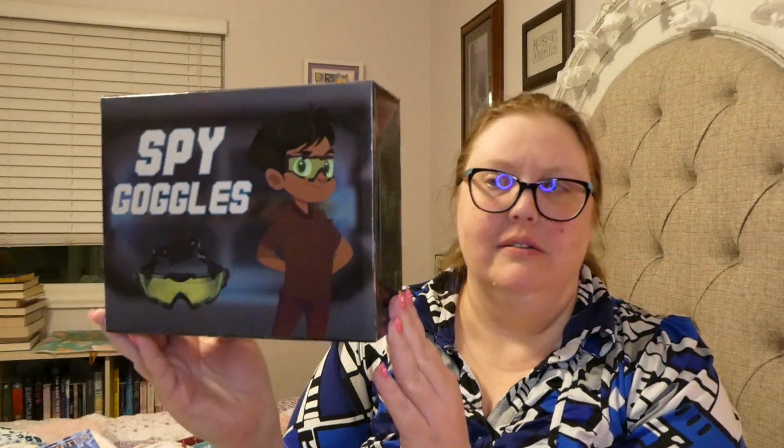And let's open this. Okay, and it looks like we have spy goggles. I'll find someone to use these, but they're night vision spy goggles, supposedly. So it comes with a little pen that you can use as a flashlight. I'm not going to take the little tab out so that the battery will start working, because I don't want the battery to drain. You might have fun with this. You have instructions,